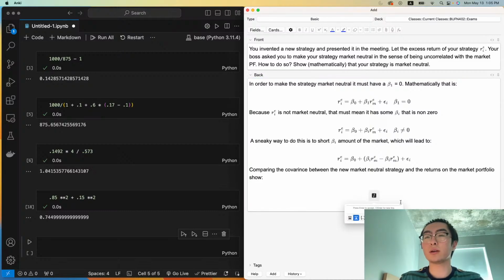So we have the covariance of R_i^e minus beta_i times R_M^e, and then R_M^e. So this is equal to